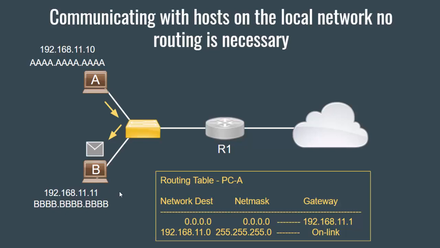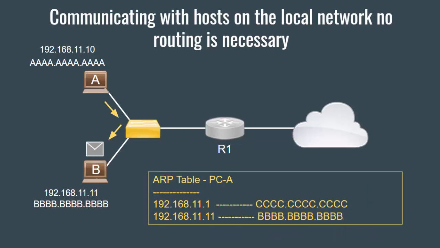Well, how do we do that? We need to find host B's MAC address. And the role of resolving the IP address to the MAC address in order to communicate with that host is left to ARP, the Address Resolution Protocol. So now all that PC A has to do is check its ARP table, and in its ARP table you can see that it knows that 192.168.11.11 has MAC address all B's,